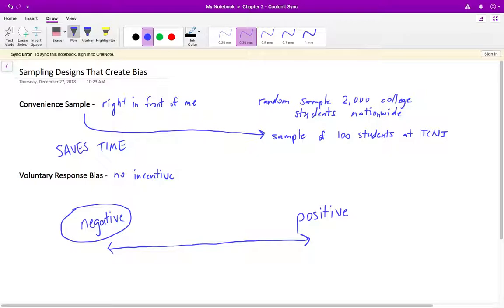All I wanted to do was load the movie and watch it. The streaming was down. It wasn't my internet's fault. It was something wrong with Netflix. I had such a negative experience that I'm going to volunteer my time to respond to a survey or to offer feedback. That's bias because it neglects all these people here in the middle, all these neutral opinions. It doesn't account for them.